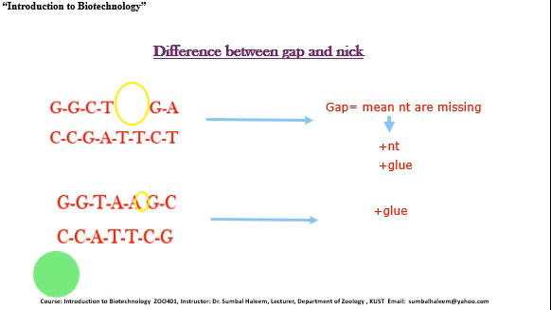So that means only molecular glue is required, and that is the ligase enzyme. The point that you should remember here is that the ligase can fill up the nick but cannot add the nucleotide to the gap. For the addition of the nucleotide you will need a polymerase enzyme rather than the ligase enzyme. So the ligase enzyme can only make the phosphodiester bond between the adjacent base pair.